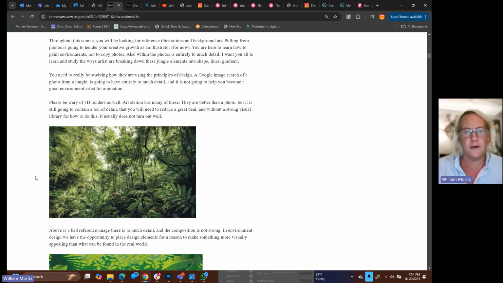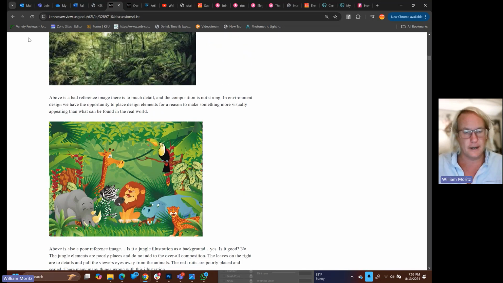learn from looking at their works, their color choices, their rendering style, their shape language, and really reverse engineer how these artists are creating this stuff. Without doing that, you are never going to get to a professional level without studying what professionals have actually done and created before and what has made it to screen. By working purely from photographs, you're not going to get there because you're not learning the techniques that these artists have already developed after doing hundreds of background environments for jungles and whatever kind of scape it is that we're